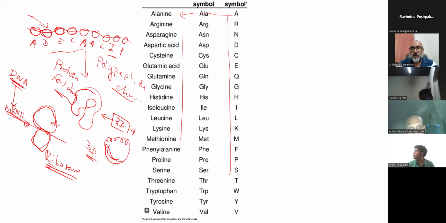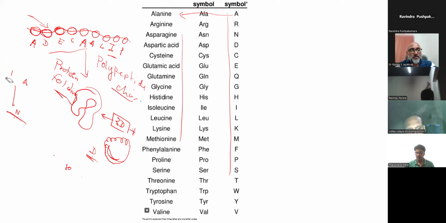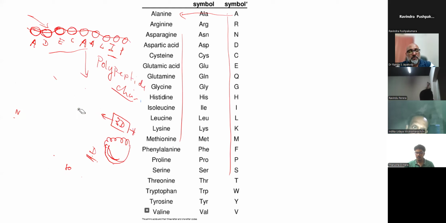right? So if you already know certain sequences and their corresponding three-dimensional shapes, you can predict a new sequence and its three-dimensional shape. What I mean is this. Let's look at this scenario over here. Now let's say you